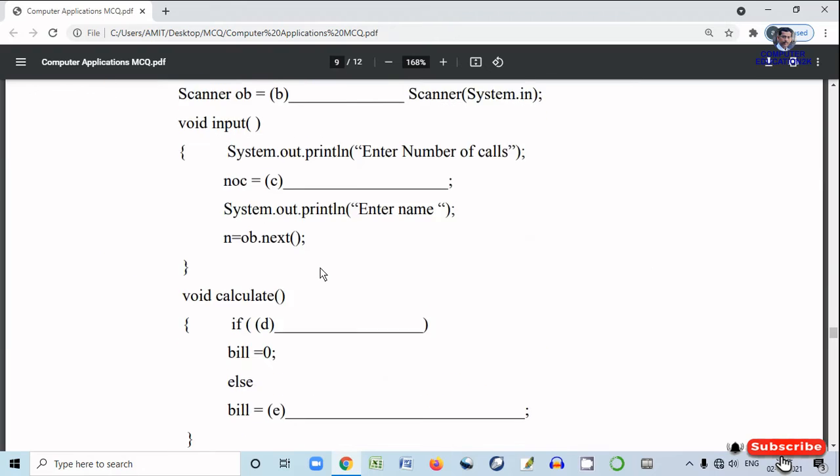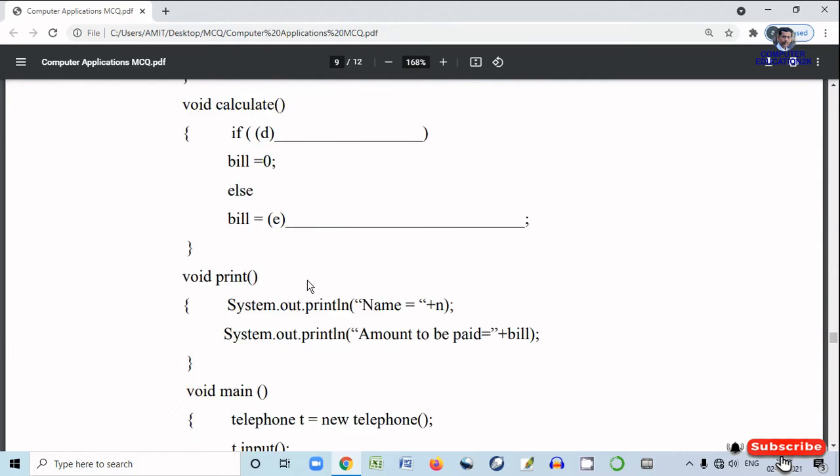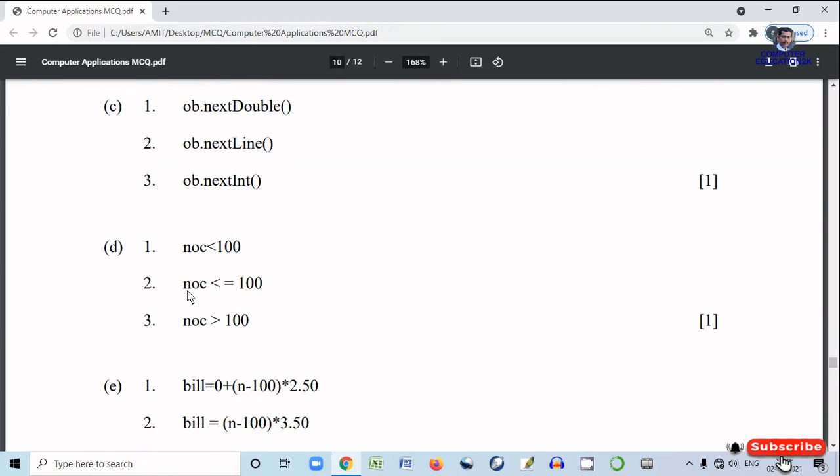So in D it will be NOC less than or equal to 100. Yes, number 2. So D is number 2.